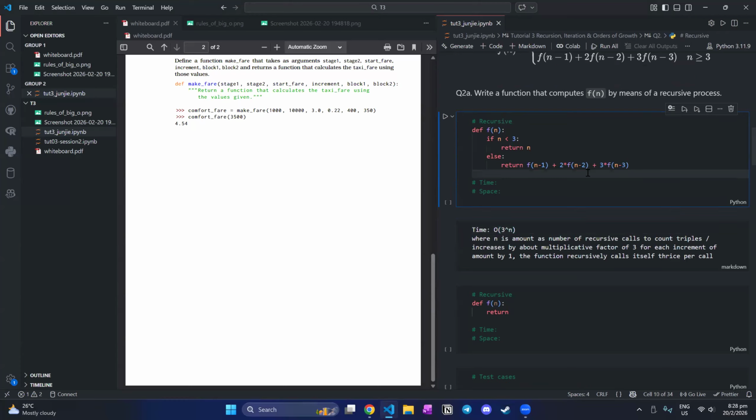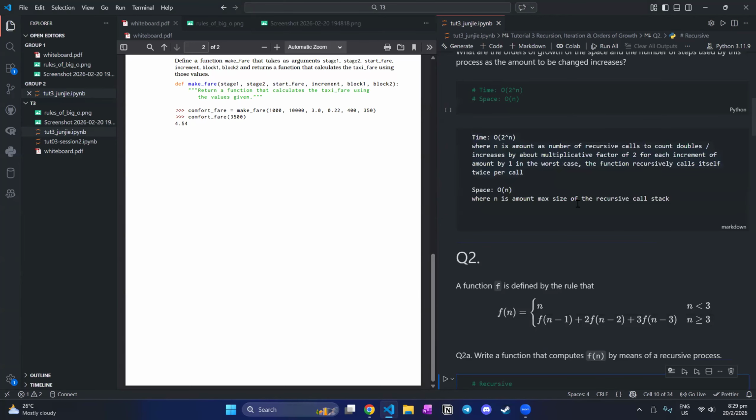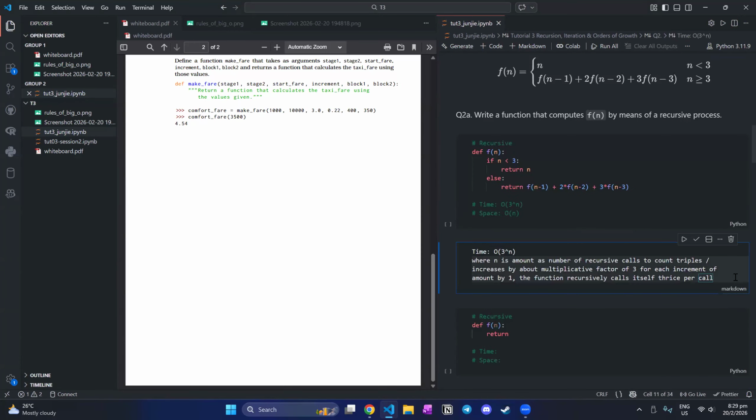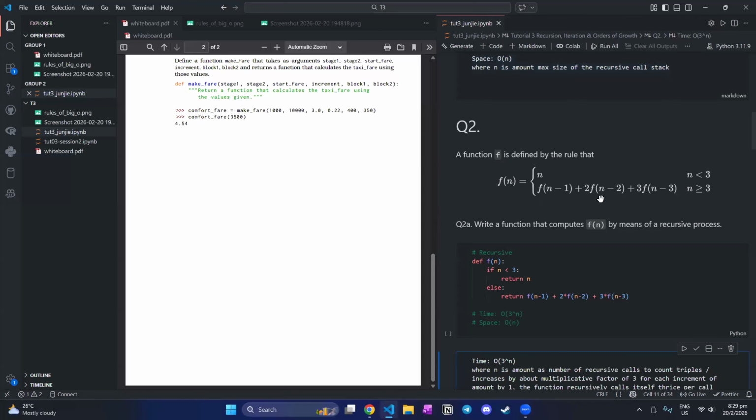The space complexity should be O(n), where n is the maximum size of the recursive calls. Yes. Okay. Thank you. So space is O(n), where n is the maximum size of the recursive call stack, and it's because Python frees up the space for each recursive call, like each